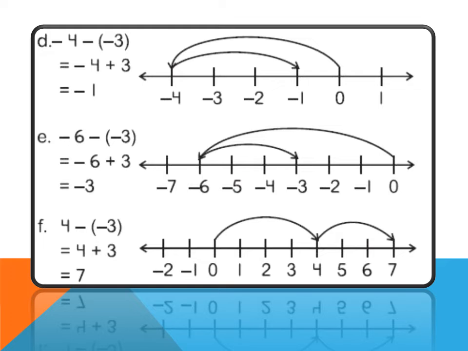Now look at the number line on the right hand side. First of all, there is minus 6. So from 0 we went to minus 6. Now we were moving left hand side, right? Now after minus 6 there is a minus sign. That means we have to change direction. So we will start moving to the right hand side. How many steps? 3 steps, and we will reach minus 3.